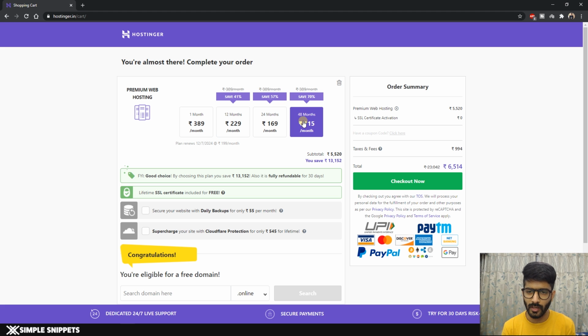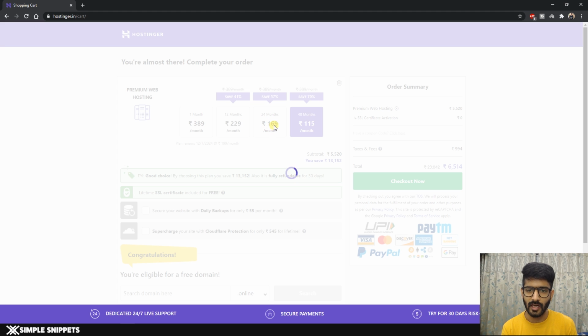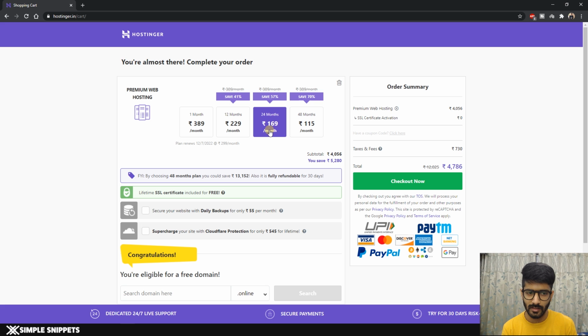Now, for most of you who are getting started into freelancing or into web development, 4 years is a long time, but if you want the cheapest rate, you have to go with 4 years. You can also go for 24 months, but the cost is a little higher, which is 169 per month. Or for absolute beginners who just want to try out, I highly suggest that you go ahead with 12 months. Okay. And it would be a little expensive, but that is still doable. The total amount you can see is